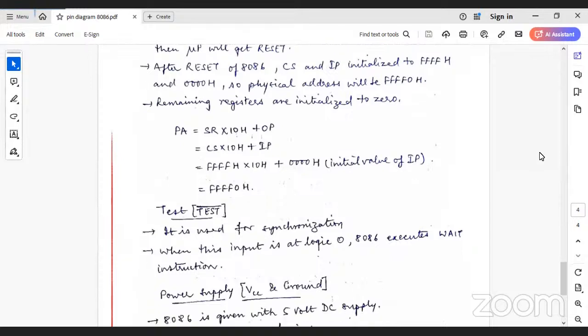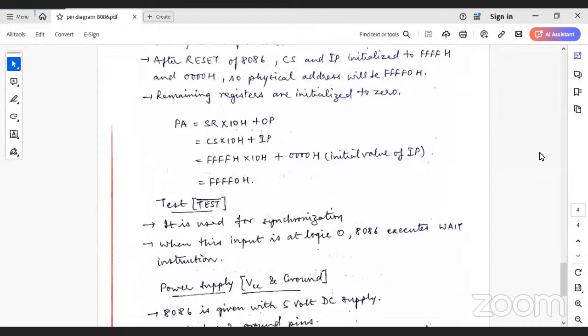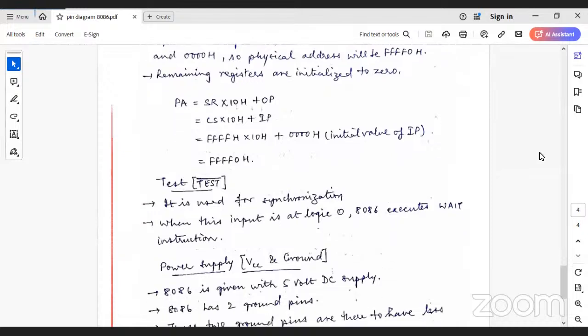So yesterday in the instruction we have come across this test. Test instruction is one of the logical instructions which is present. So it is used for synchronization. Now, how it is used for synchronization is when this input,